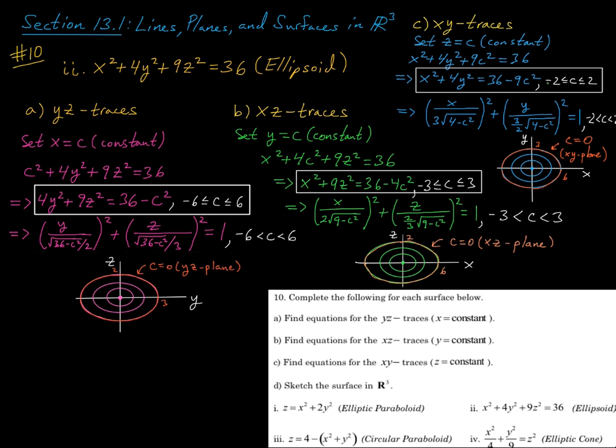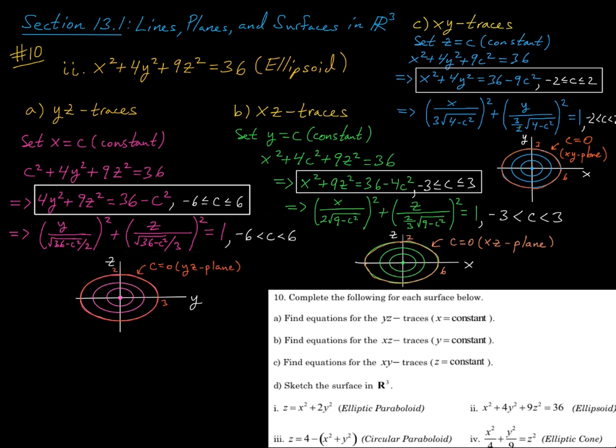So now here, if c is strictly between -2 and 2, sorry if this is cut off here just slightly, but this is c is greater than -2 and strictly less than +2. I can go ahead and divide both sides of this equation by 36 minus 9c squared. Again, I can factor out, in this case, a 9, and then it will jump out of the root as a 3. So I get this equation x over 3 times the root of 4 minus c squared, quantity squared, plus y over, and now I have a 3 over 2 times the root of 4 minus c squared, quantity